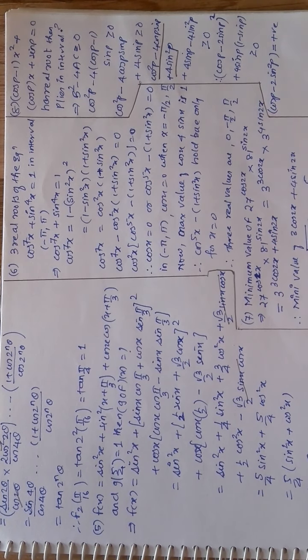Only you have to think that 4 sin p into 1 minus sin p must now be greater than equal to 0. So only 4 sin p into bracket 1 minus sin p must be greater than equal to 0. Okay. Now whether it is greater than equal to 0 or greater than 0, this thing you have to think on. Now how will you think? Take a pause. Pause the video over here. I will tell you directly, but you pause, think on it, and then restart the video.